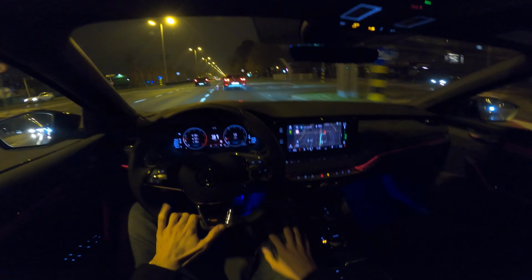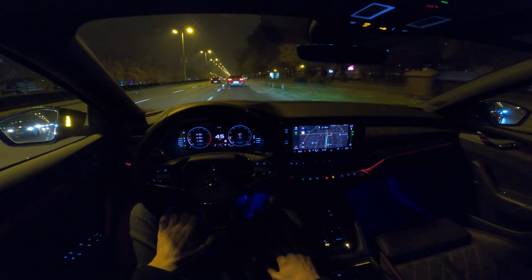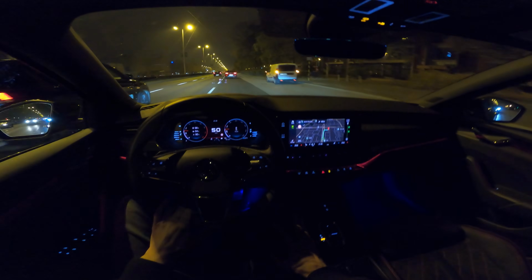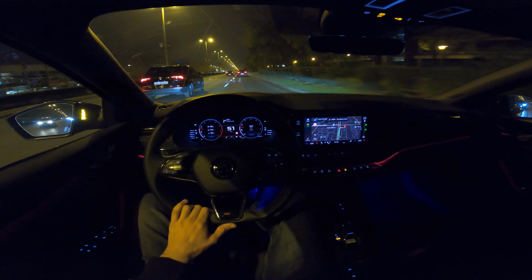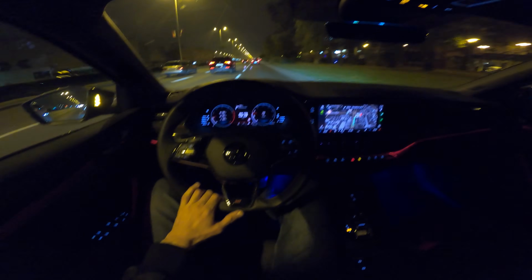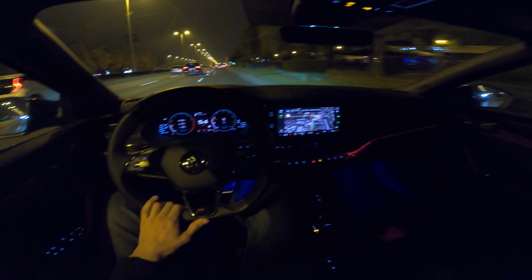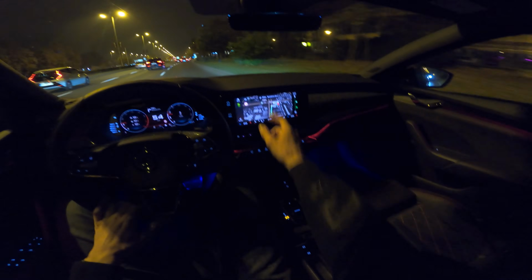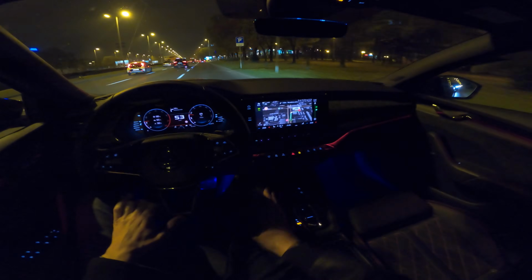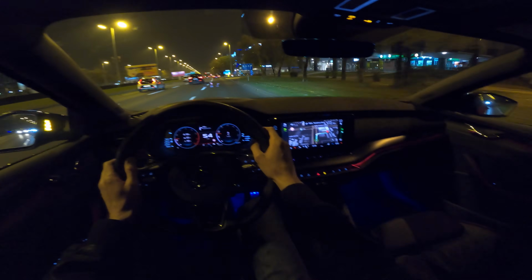The RS is excellent in my opinion. The packages vary slightly depending on the importer, local importer and countries, but I would advise picking the Alcantara sport seats as mentioned. But the ride is just comfortable, and also go for the 17-inch alloys, but everything else is great. I like the navigation. You have banks, McDonald's, stuff like that here, and 3D buildings, shopping malls. This is a very nice car,